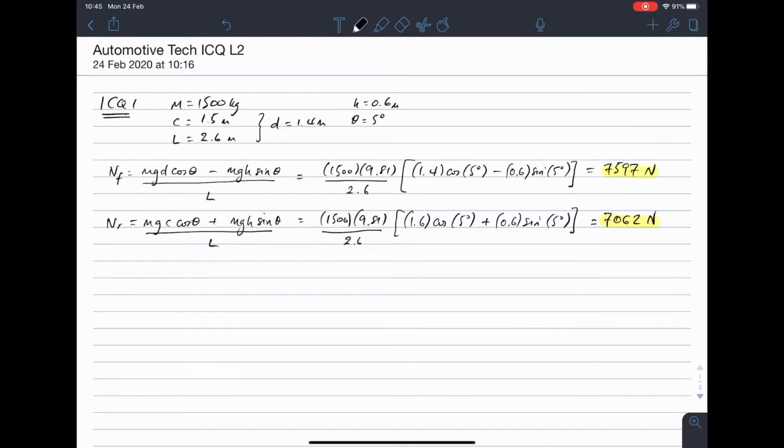Okay. The other way to work out the rear normal load is to take the total load and subtract the front one. So NR equals mg cosine of theta, which is our total load, minus the front load. And so if you do that,